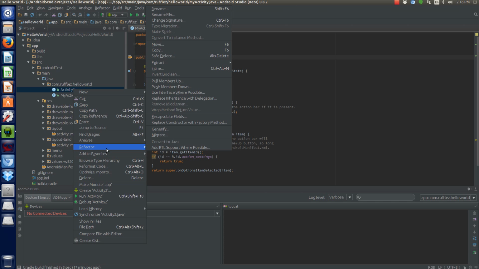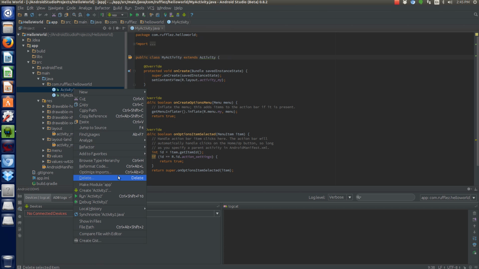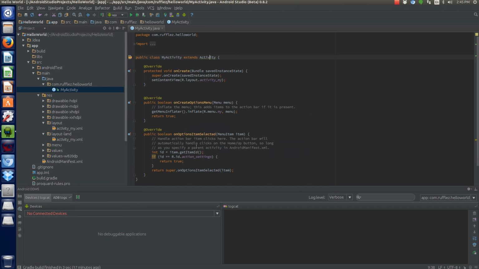Refactor, or we'll just do delete. Okay. So the next thing we need to know is what type of methods we need to call in activity. And one of them that you definitely need to call every time is this onCreate method. Now the onCreate method